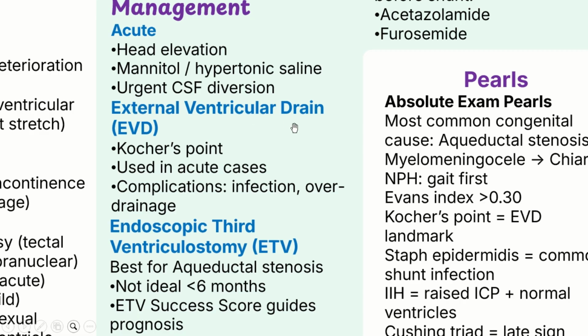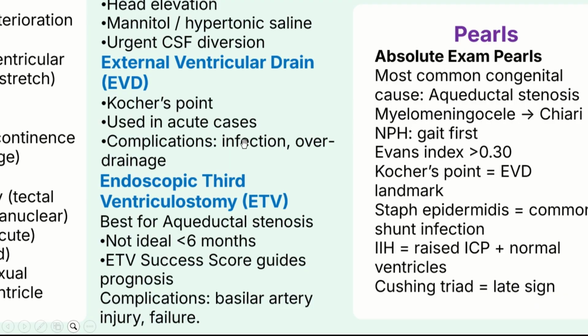This external ventricular drain is going to be put through the skull at Kocher's point. This is a very important thing to know for your examination. It's Kocher's point, and it is going to be used in acute cases. Some of the complications are infections and overdrainage. Sometimes you may remove a lot of CSF and cause overdrainage and get what we call a slit ventricle. Then endoscopic third ventriculostomy is one other